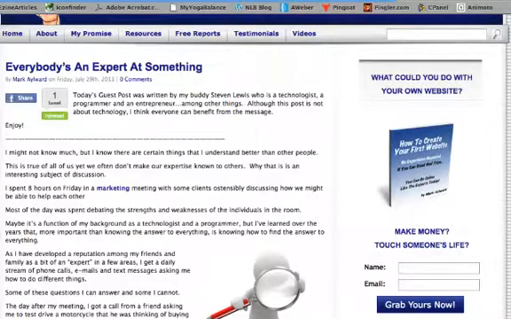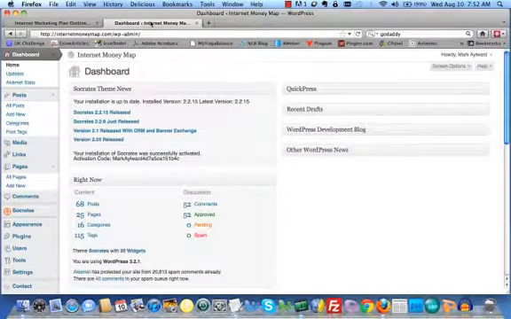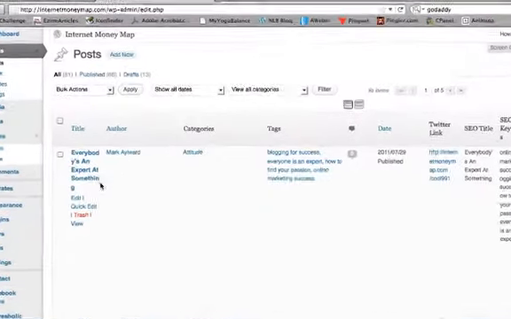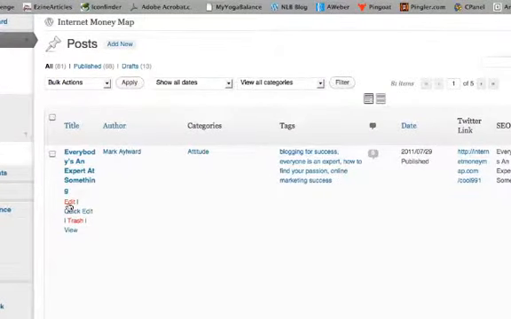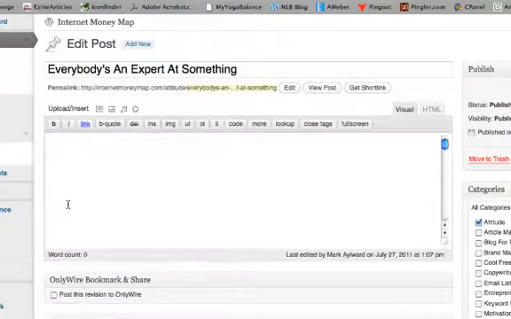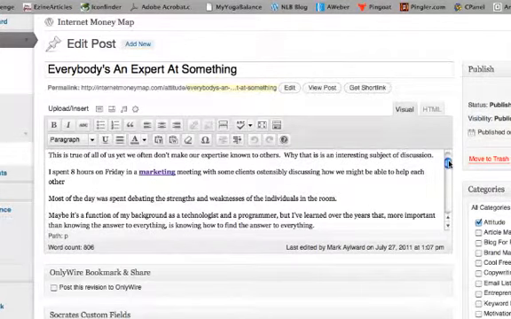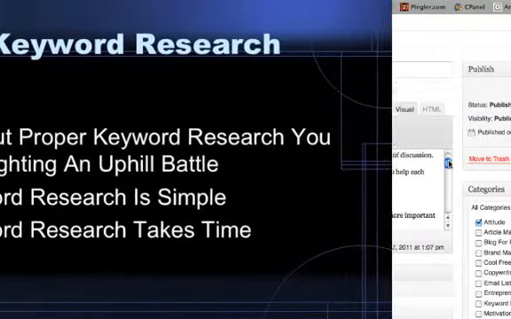But the fact of the matter is, if we go to the dashboard, which is kind of the back end of this particular blog, you can see here there's posts and pages. And if you go into the posts, just for example, you'll get into a screen where you can edit this post. And I'll just open it up and show you what I mean. Inside a post, which is pretty much the same framework as a page, it's just handled a little bit differently. The first thing that you want to do in setting any content up on site is do keyword research. And this video is not about keyword research.